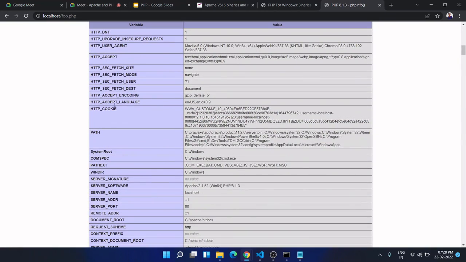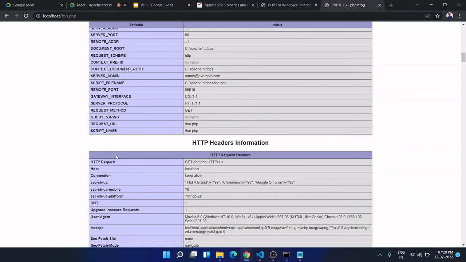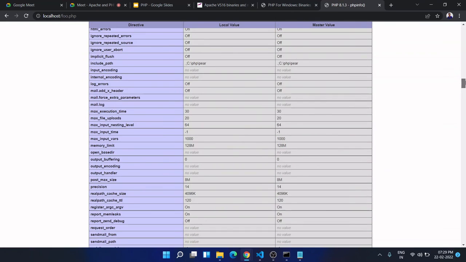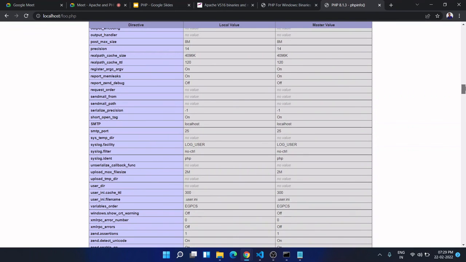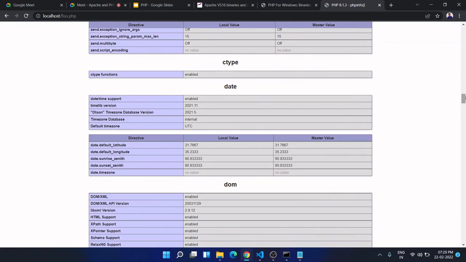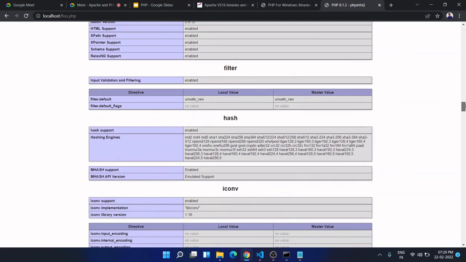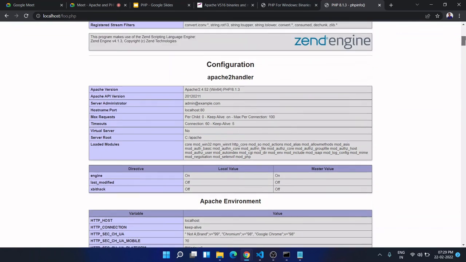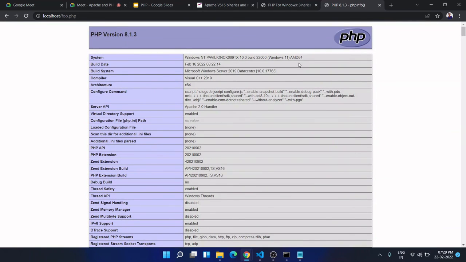We will explore all of these. Most of these are very important. It is not possible to go through all of this, but the ones which are very important are like output buffering, how to handle it when someone uploads an image or a video on the server, and how we can set the limit of how many kilobytes or megabytes each file can be. We can do all of this using the PHP configuration file, and this is being loaded. All right. If you see this page, the PHP installation was successful. So you got